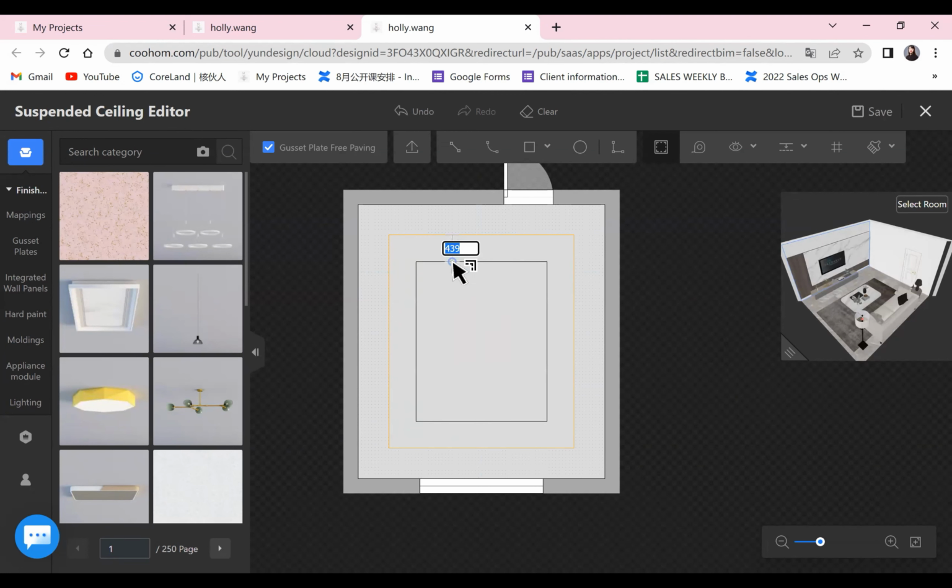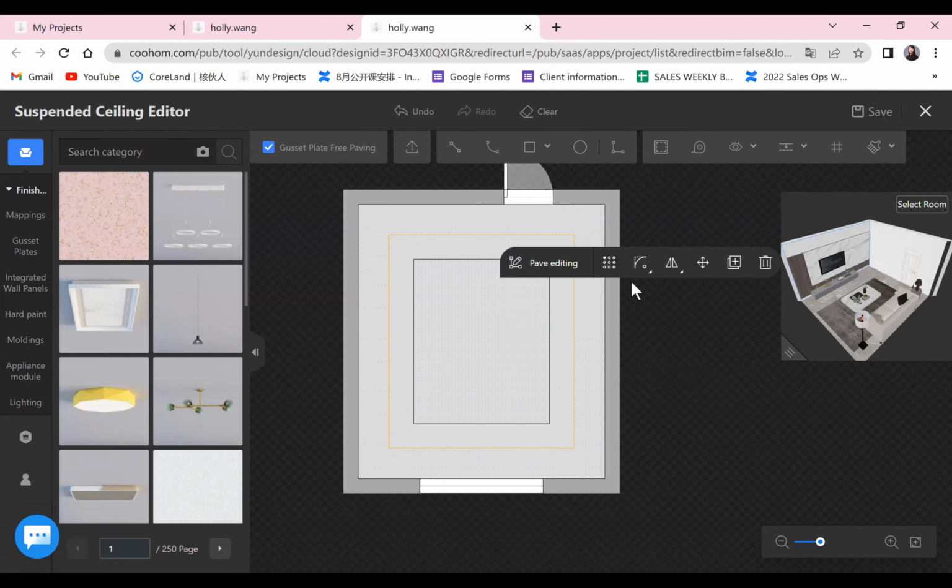This is another way, but we also have another easy way to get the shape we want. First of all, you have a rectangle, click on it, and here you will find the chamfer. So chamfer is something that can help you to cut the 4 angles in different ways. So let's try the first one. You will have a shape like this one, okay?